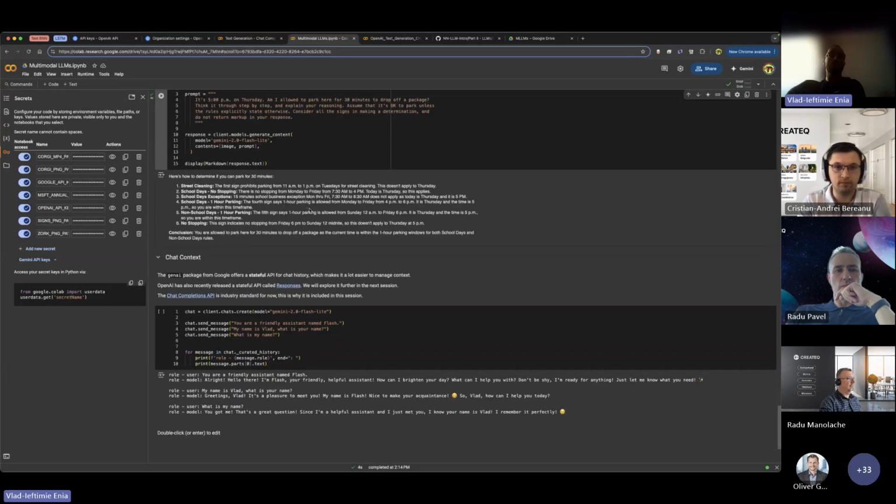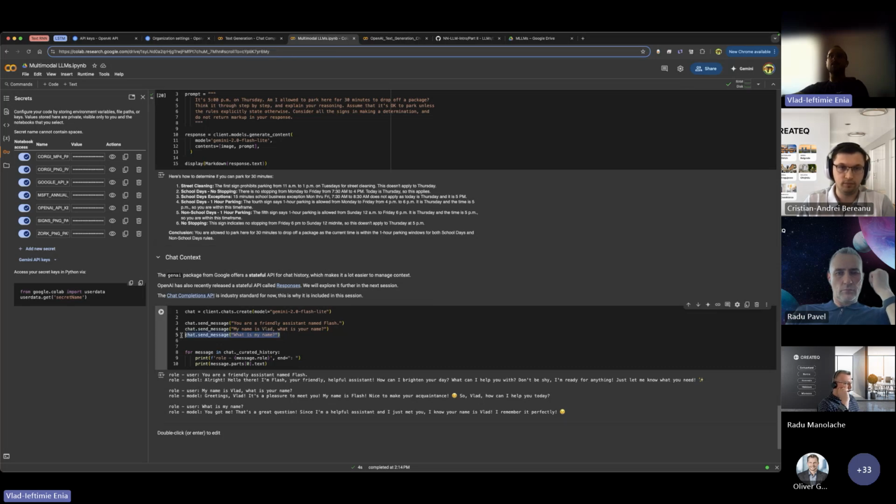If you're curious about how we send chat context to Gemini models, I told you that the API is nicer because it is stateful, compared to the chat completions API from OpenAI. You just create a chat with a specified model and then send each message as you like.